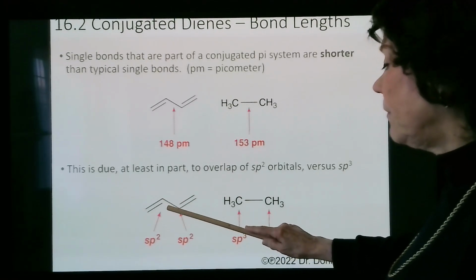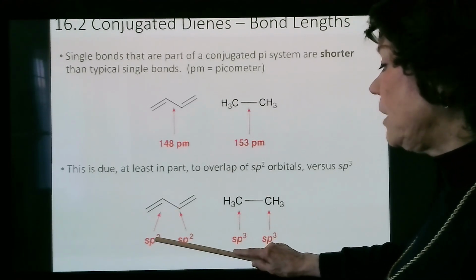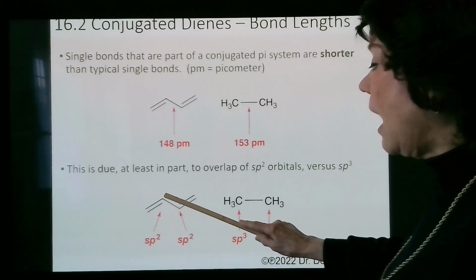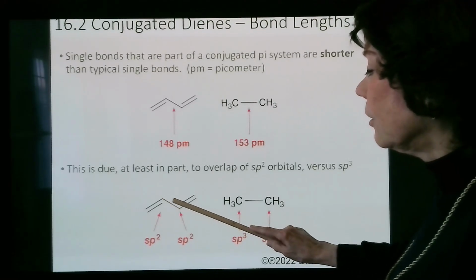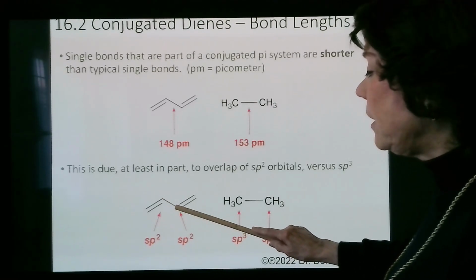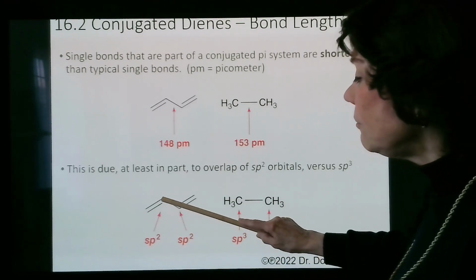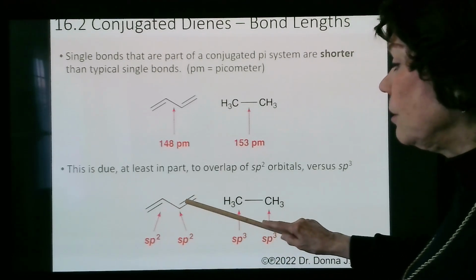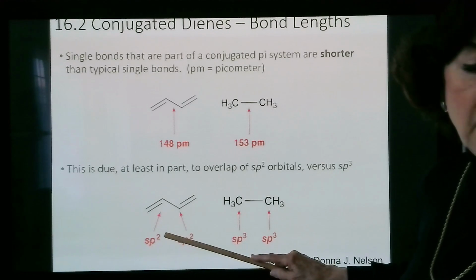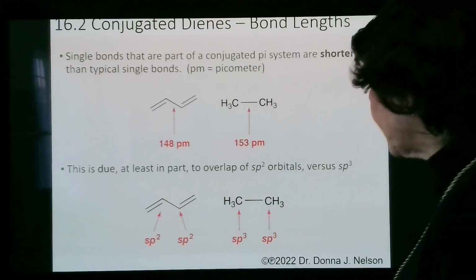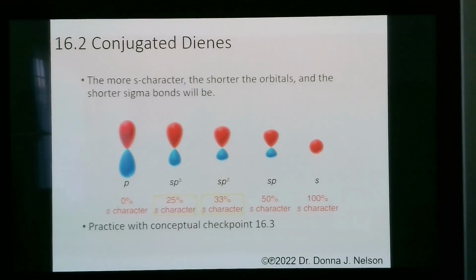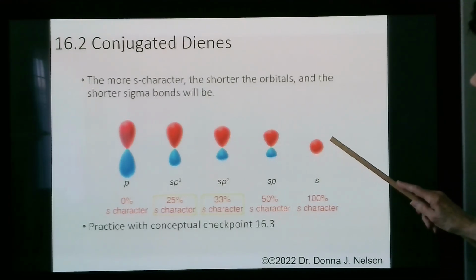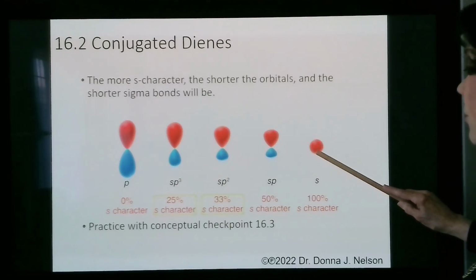So the sp2 hybridized orbital here is bonding with the sp2 hybridized orbital, but also you have some interaction between the two pi bonds, the conjugation. So let's look at this a little more closely. This will be review. So remember that an s orbital